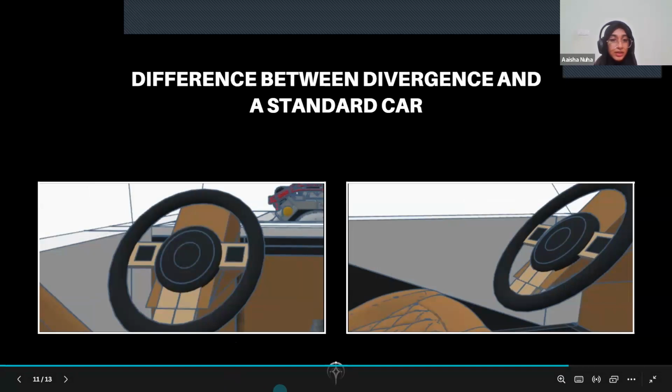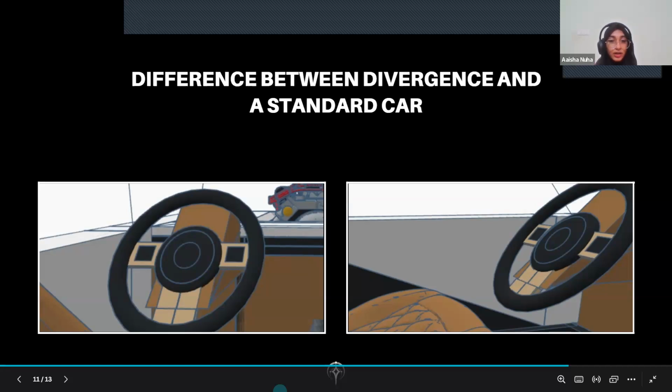Now, on performance, the Divergence offers better torque and acceleration due to the instant torque delivery of the electric motor, while the standard ICE car might have slower acceleration and less torque compared to hybrid and electric vehicles.